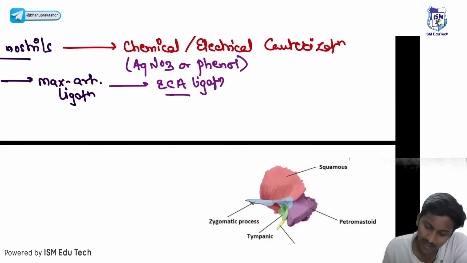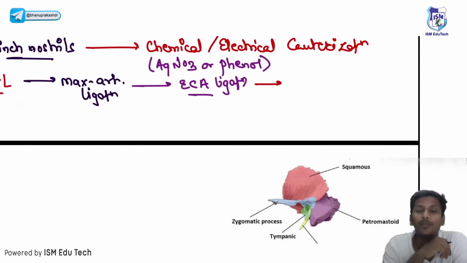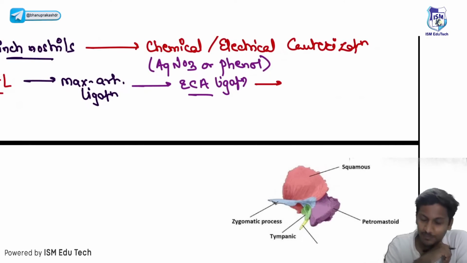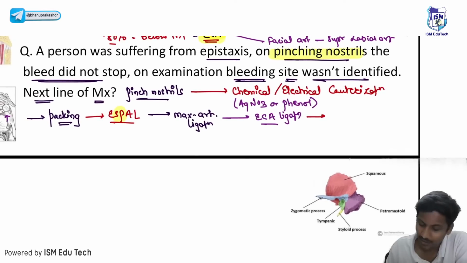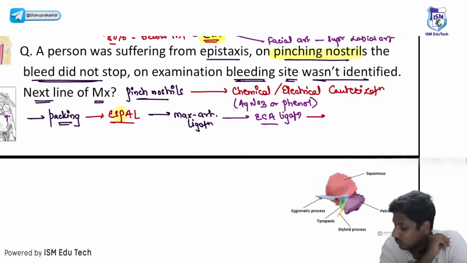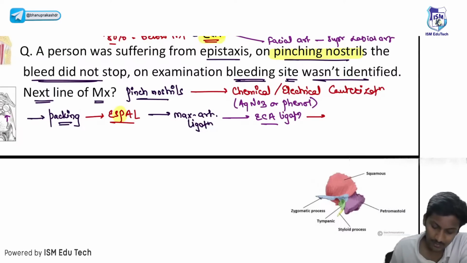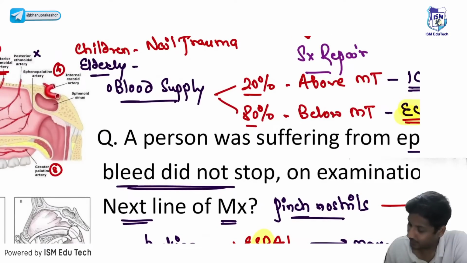And even after ECA ligation the bleed did not stop. So let me know now, are you going to ligate the ICA of this patient? Please let me know. After ECA ligation fails, then what are you going to do? Let me know that once. Important is definitely